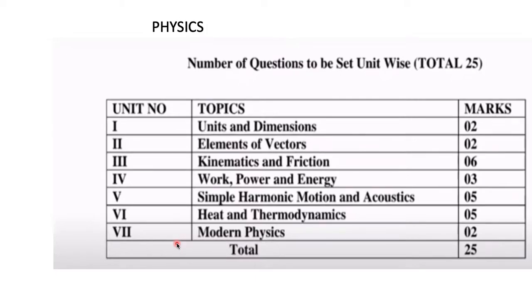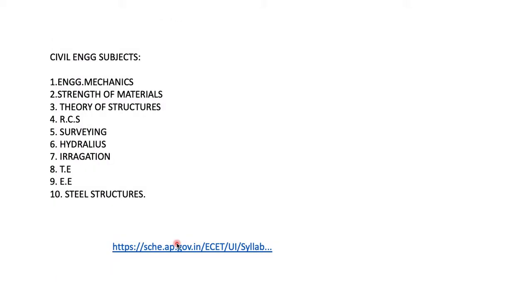And the same is given for physics also. Just check it in Google and search it. It is the 2021 syllabus. And for civil engineering subjects we have engineering mechanics, strength of materials, theory of structures, RCS means reinforced cement structure,